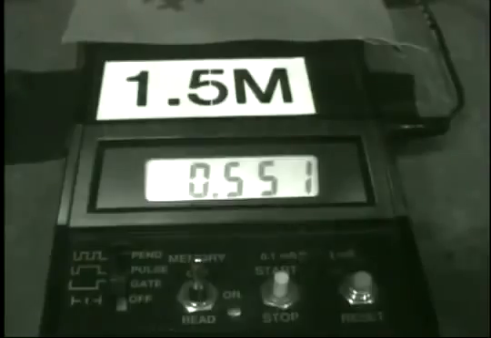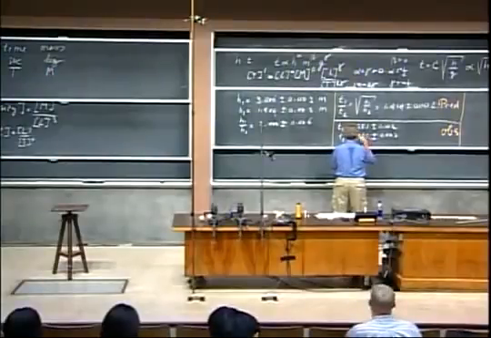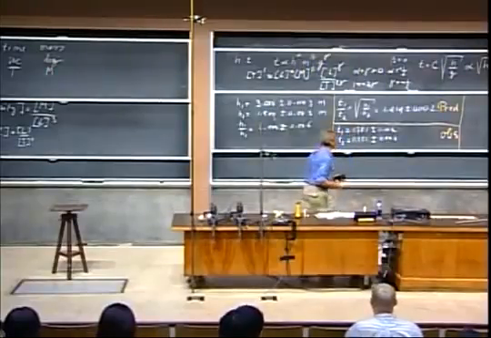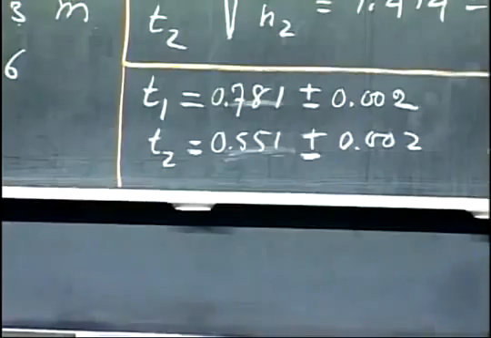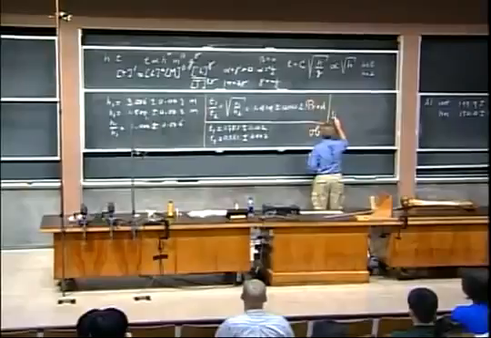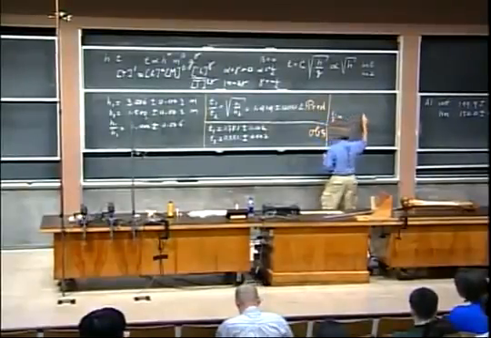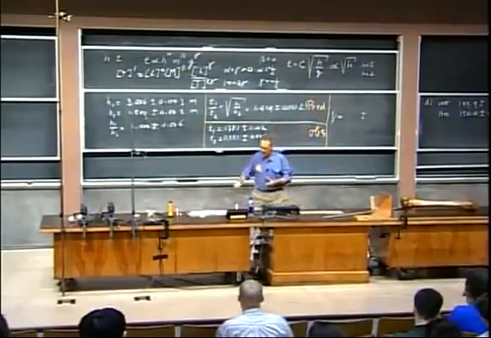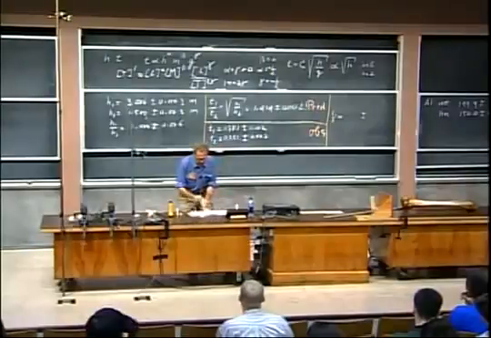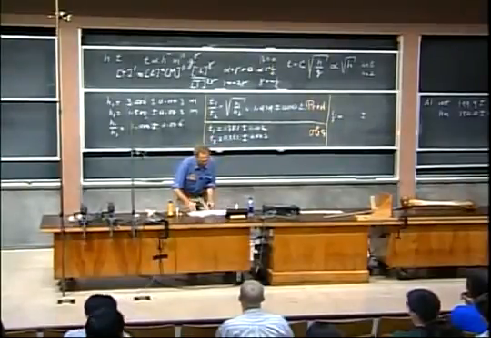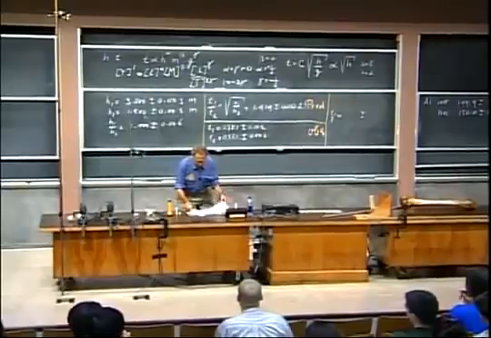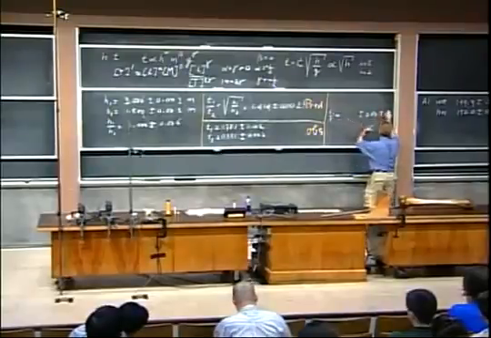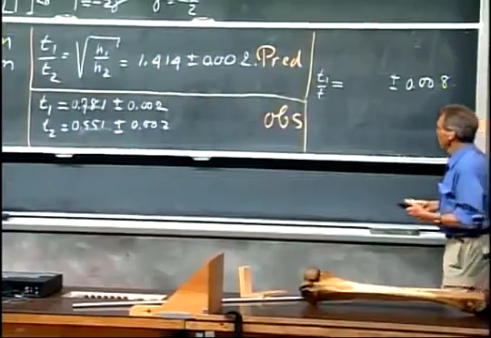Boy, I'm nervous because I hope that physics works. So I take my calculator, and I'm now going to take the ratio T1 over T2. The uncertainty you can find by adding the 2 here and subtracting the 2 there, and that will then give you an uncertainty of, I think, 0.08. Yeah, 0.008. Dimensionless number, this would be the uncertainty. This is the observation.